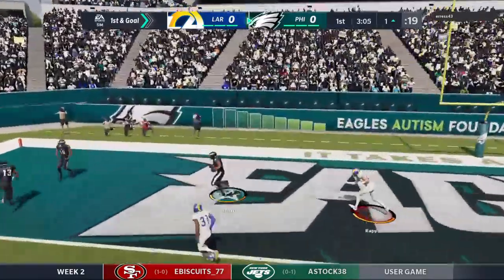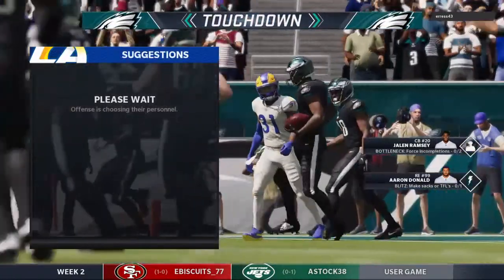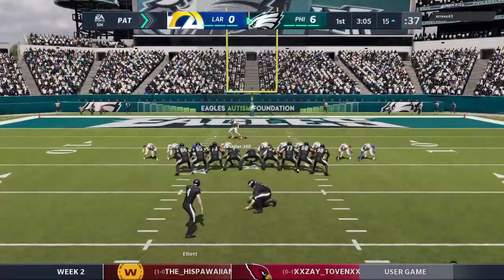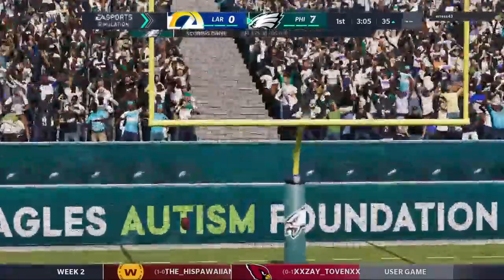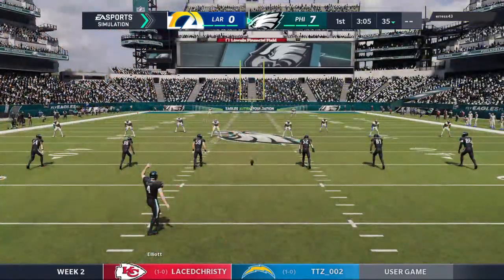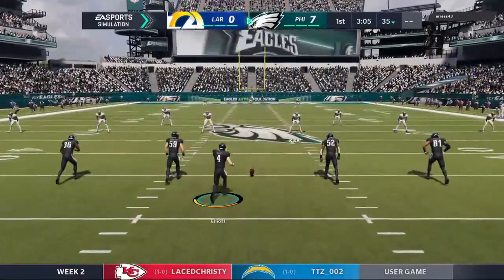From the gun, it's Hurts. And this is caught. Touchdown, Philadelphia. From a yard out. And the Eagles have taken the early lead. He's got it, and the Eagles lead at 7-0. That's the score, Eagles 7. Rams nothing. Now after the touchdown, here's Elliott on to kick